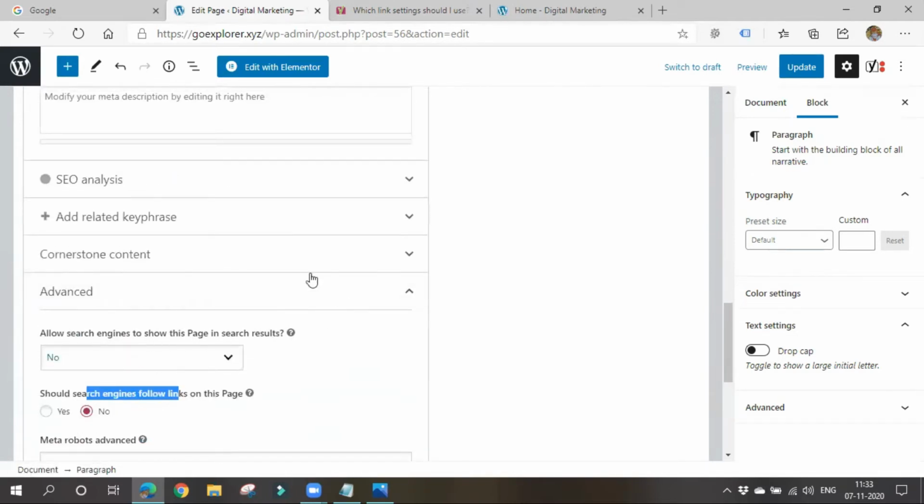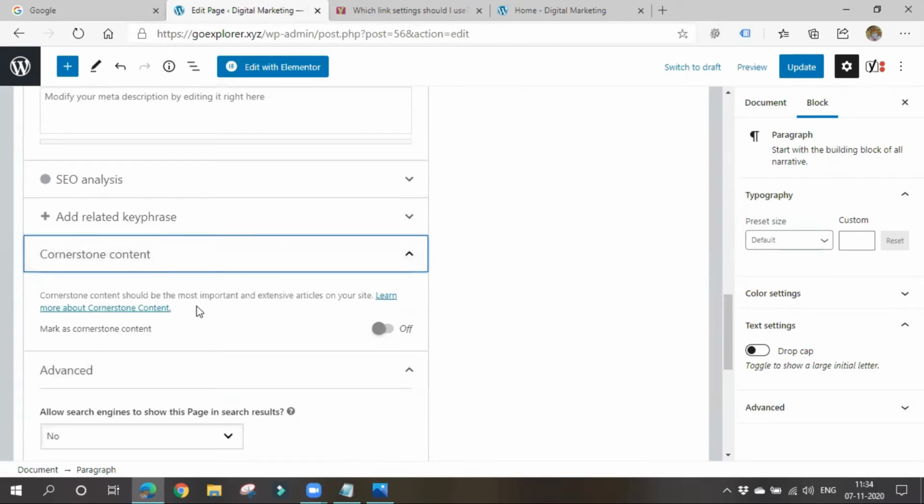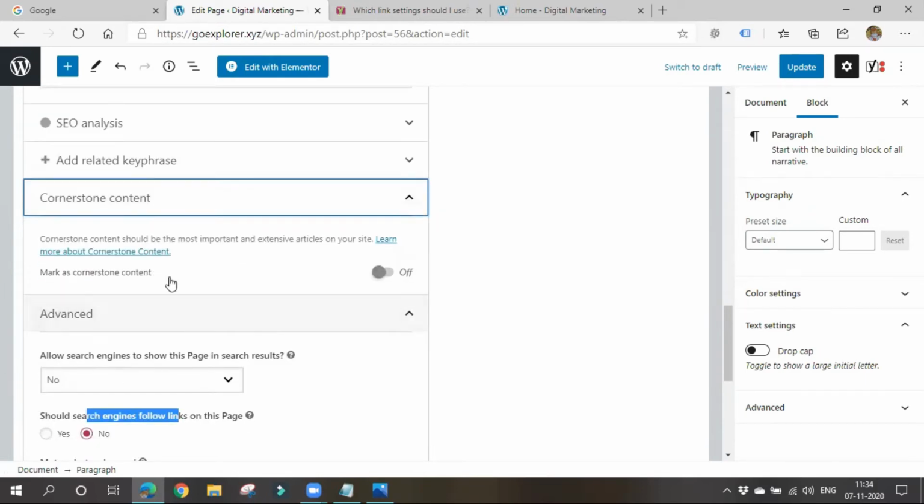So there are various options here. What is cornerstone content? I'll explain it. Cornerstone content means very important content. In a website there might be multiple pages, but only one or two web pages might have extremely important content.